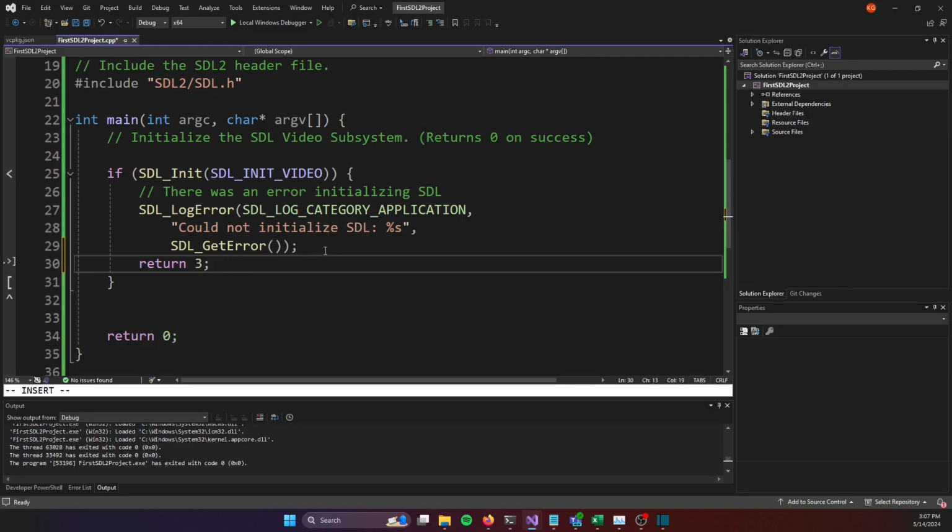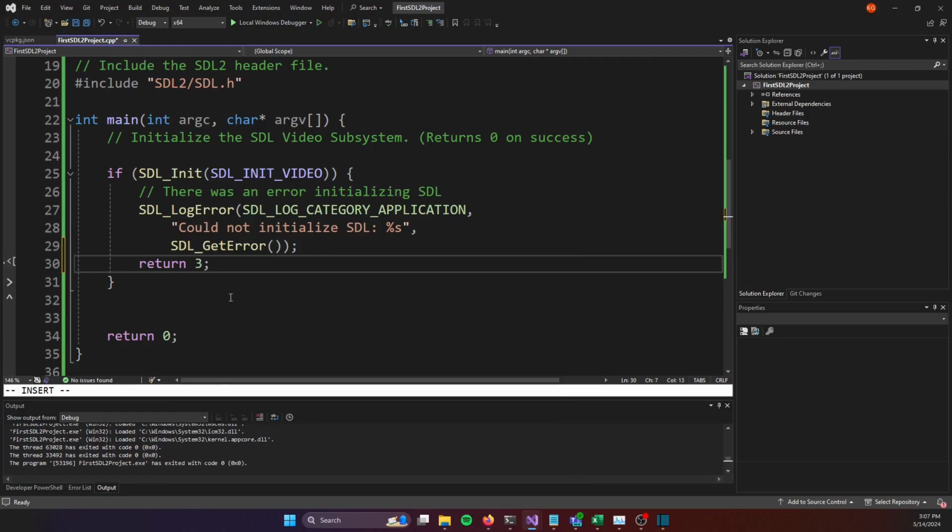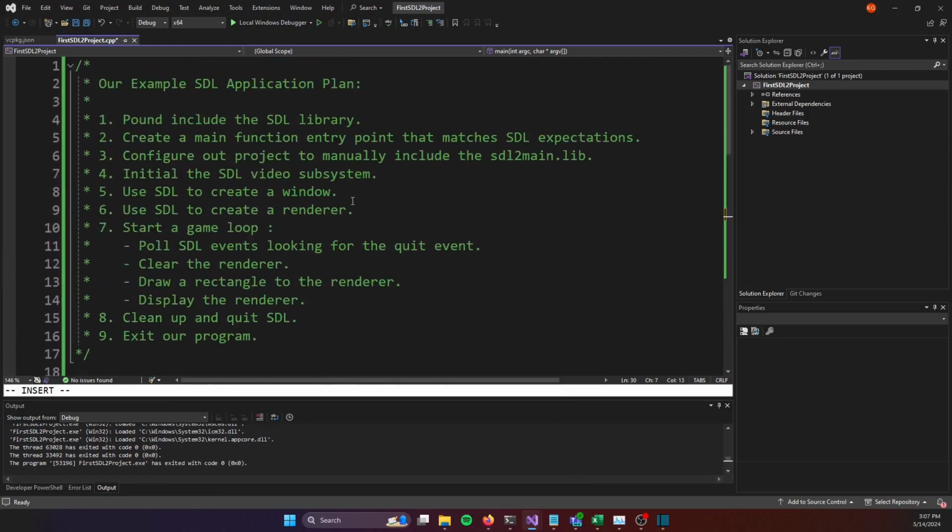And most of the time in the example programs I've seen online that make use of SDL, the error code 3 is returned during this initialization phase if anything fails along with initializing the video or creating a window or a renderer. The next step that we want to go through is to set up the window and the renderer,